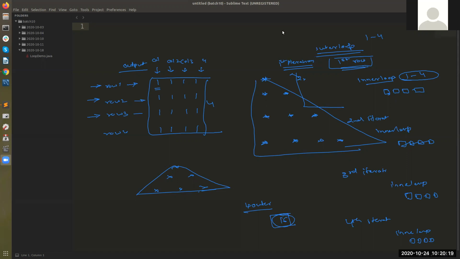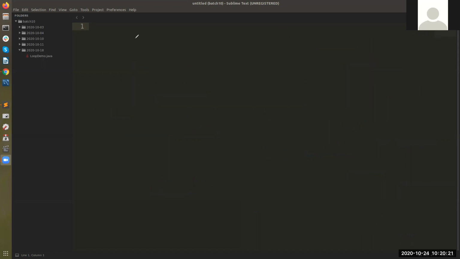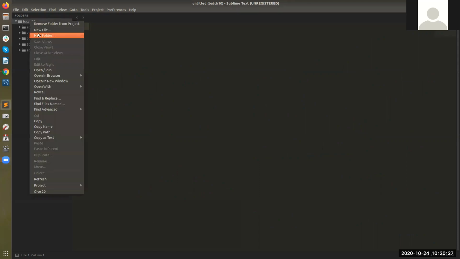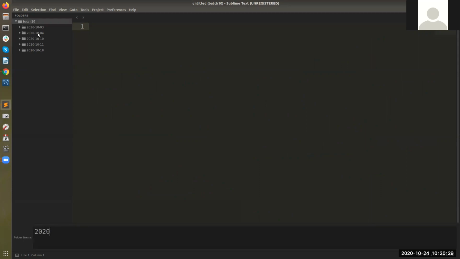So this way we have to see what type of value it is going to print. Now let's try to see it practically, right? We'll take a demo of nested loops. So we'll go and write up a new folder, 2020-10, and today is, okay, it is 24.